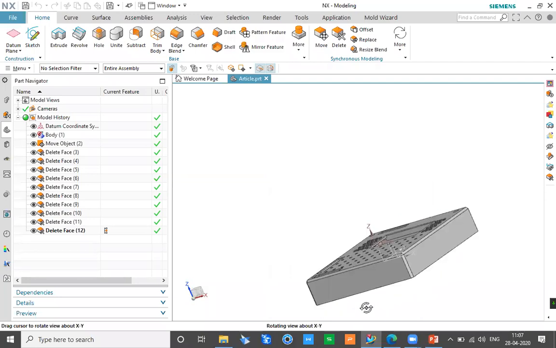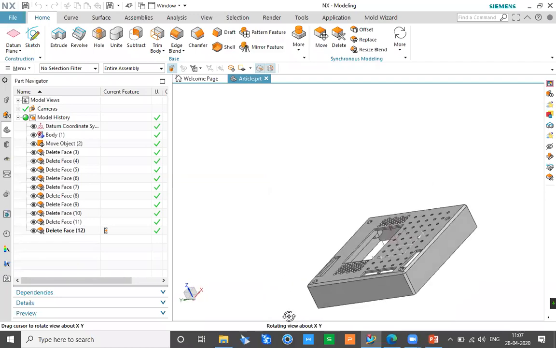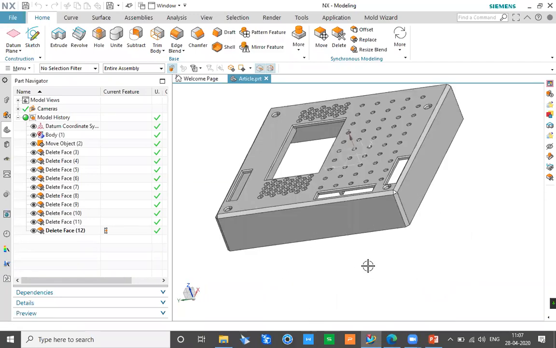Now, as we can see, we have this particular component here, and what I'm going to do is actually go through the entire process of creating a mold out of this, and we are going to create a multi-cavity mold, not a single cavity one, so that we can also understand the importance of runner, gate, and other applications which we have inside the software. And I'll try to actually show as many possibilities as we have inside this particular software.